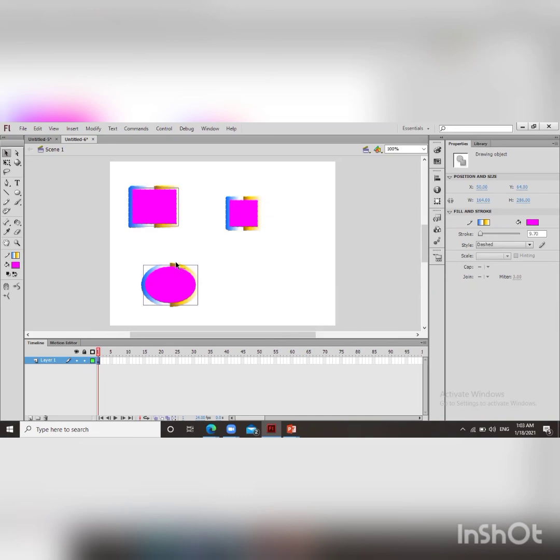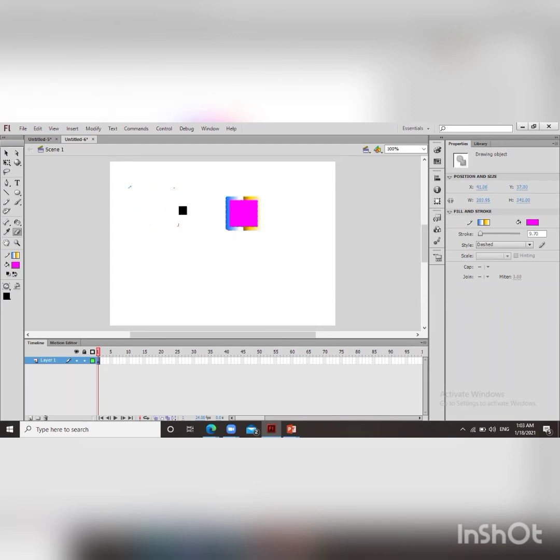Shift key is used if we want to select more than one object. Now you can see we have selected two objects, this rectangle and this oval, but not this one. So when I choose the eraser tool, and from eraser mode I choose erase selected fill, only the inside part will be erased and only from the selected objects.